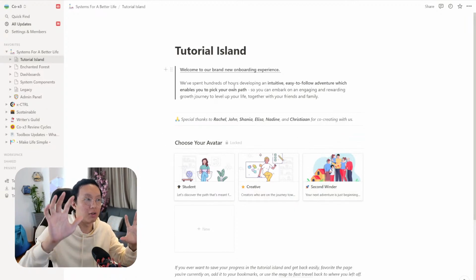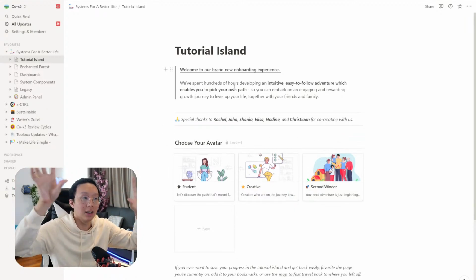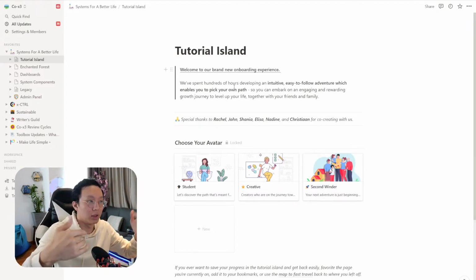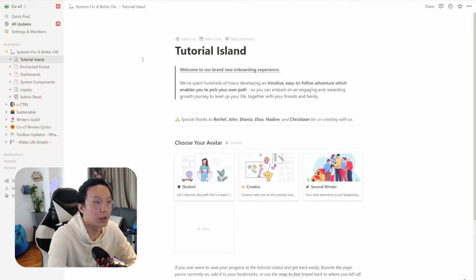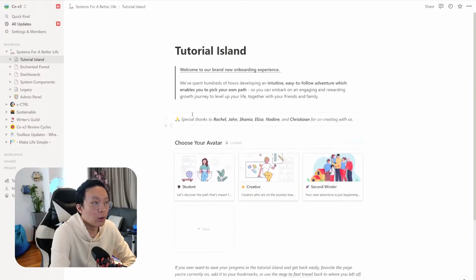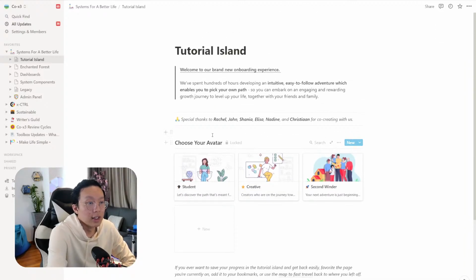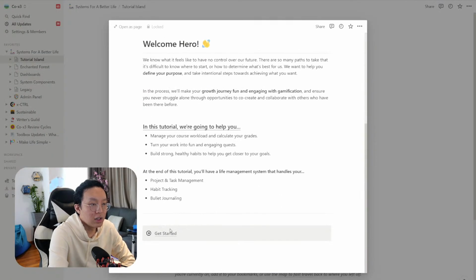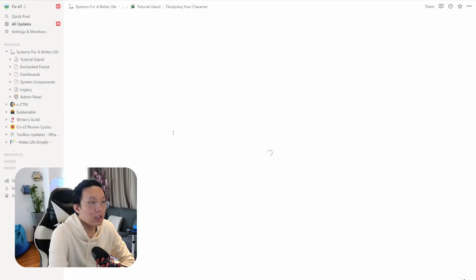The idea is that you have your parent level system landing pages, sub pages landing pages for that, and then we're going to go deeper into it. So let's see how that one works. So we have tutorial island here, right? And within the tutorial island, we want to go deeper. So if we want to go deeper, how can we do it? Well, I have this whole thing here where you can get started and jump into a next page,